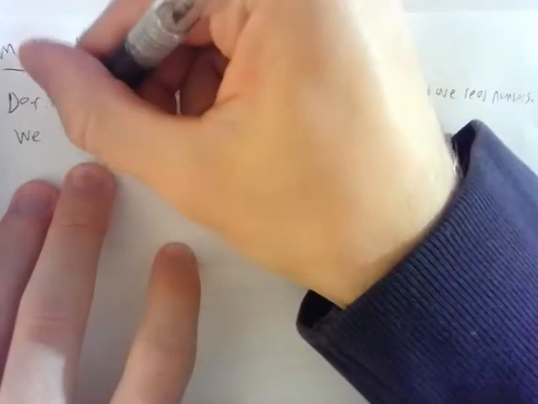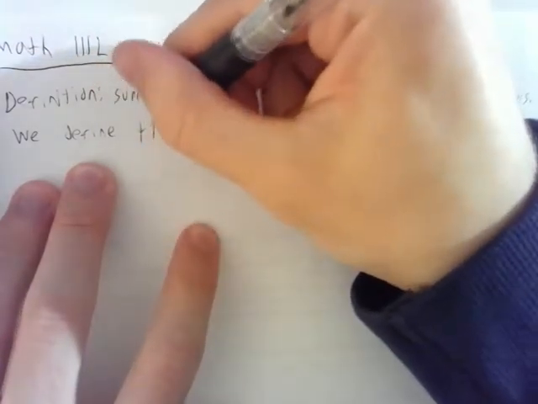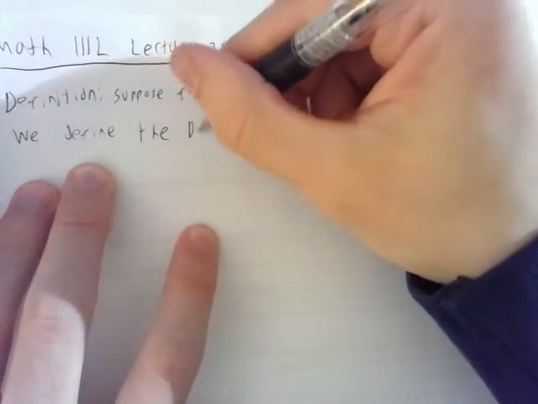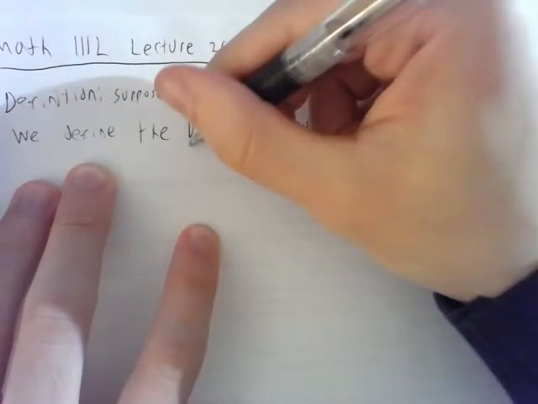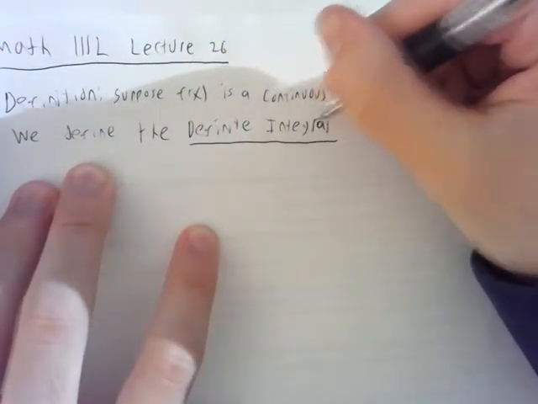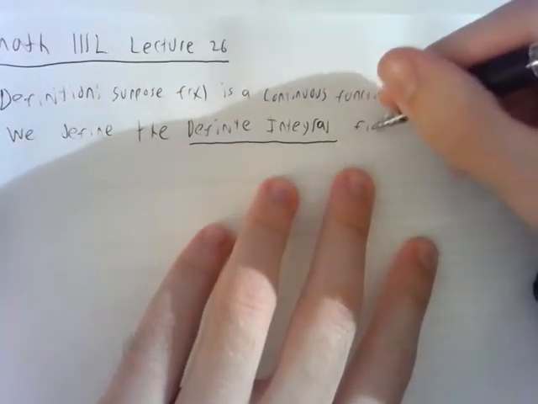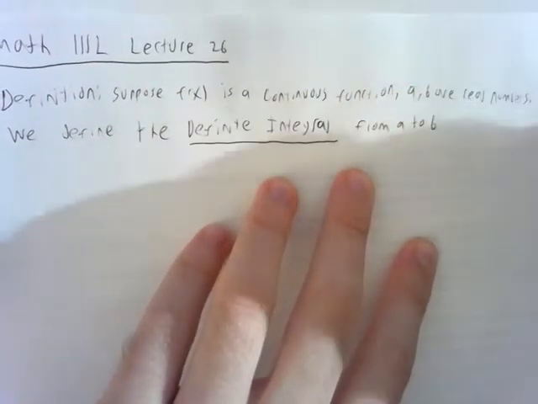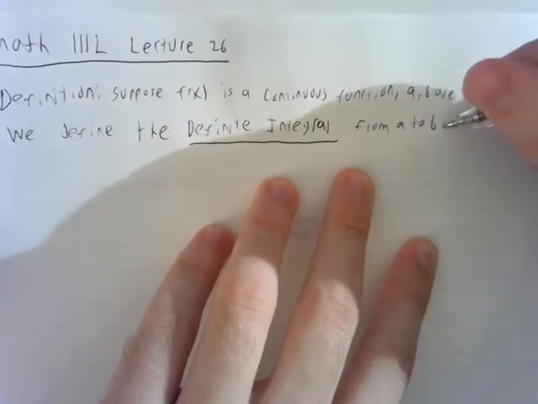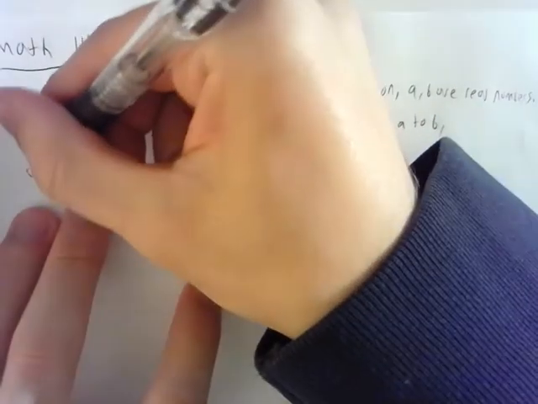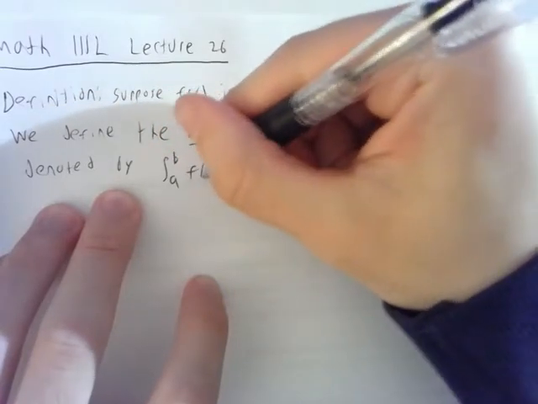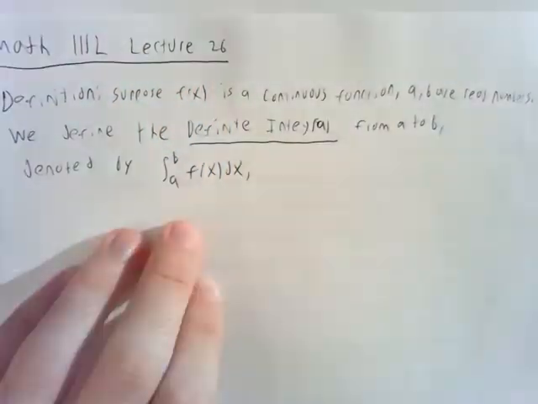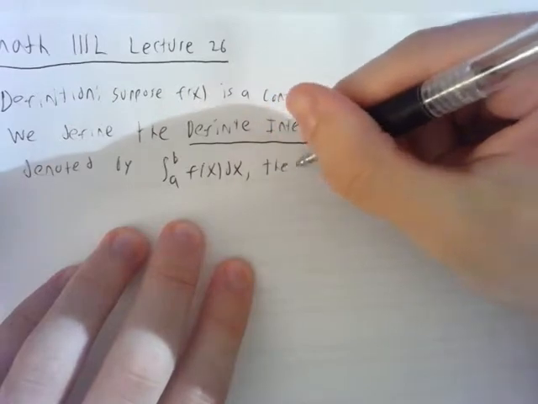So we define the definite integral from a to b, and this is denoted by the notation integral from a to b f of x dx, and this is the area,